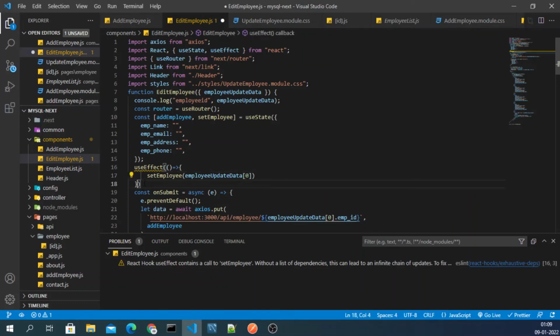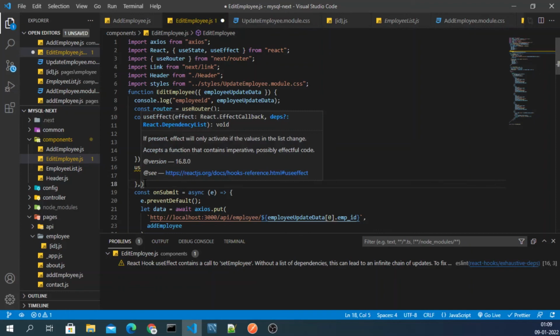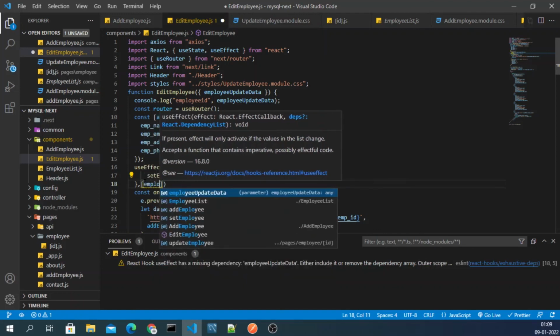And after that I have to provide the other array. If you don't provide this array, it will go into an infinite loop. So you have to provide this array, and here you have to give employee update id.